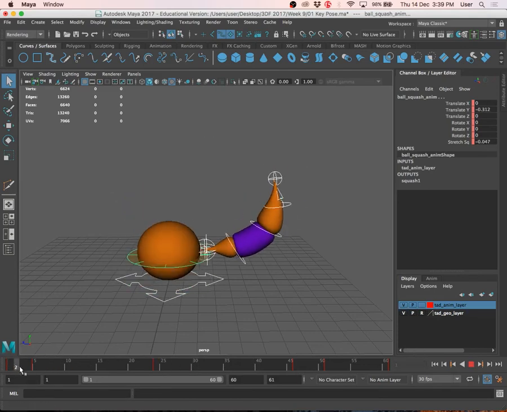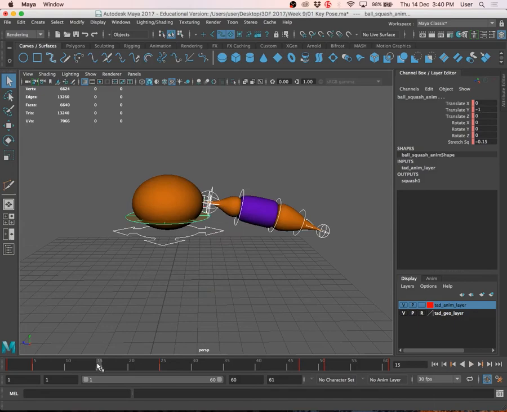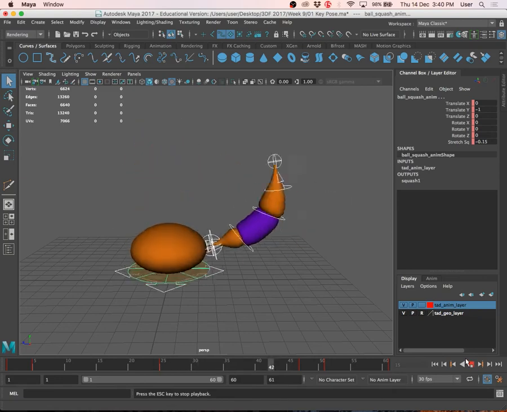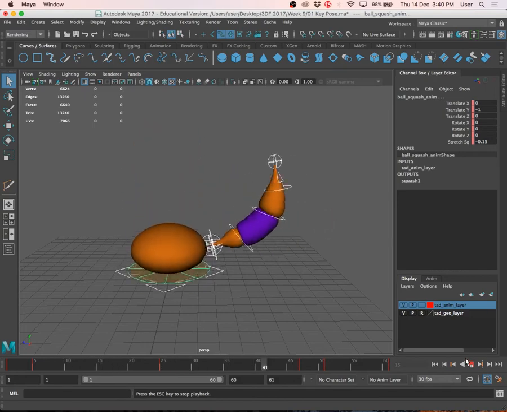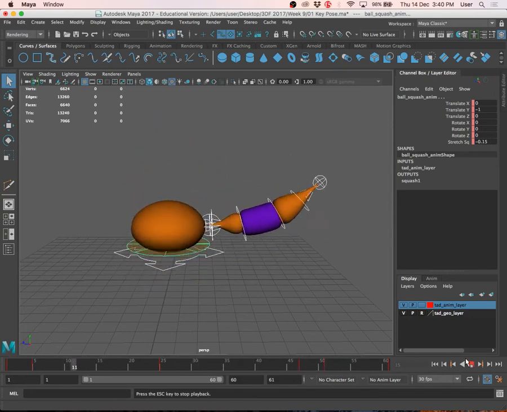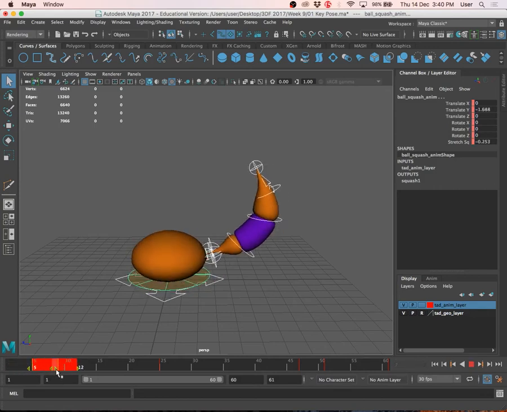Alright, so 1, 2, 3, 4, 5. 1, 2, 3, 4. Okay, something around there. So somewhere in the middle is where he jumps. Obviously, you want to choose the best hang time. So I have really bad timing now. You can maybe give him a bit more anticipation time before he jumps. You can even give him a bit more neutral time, in fact,